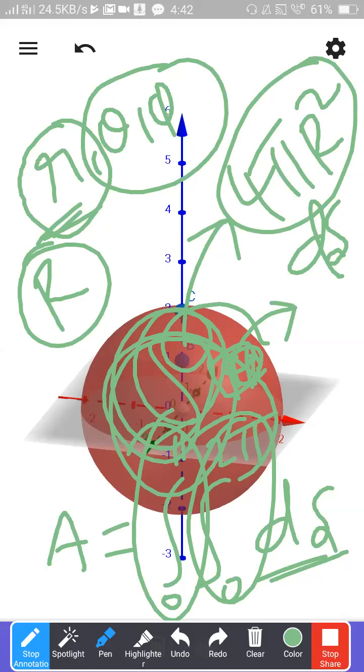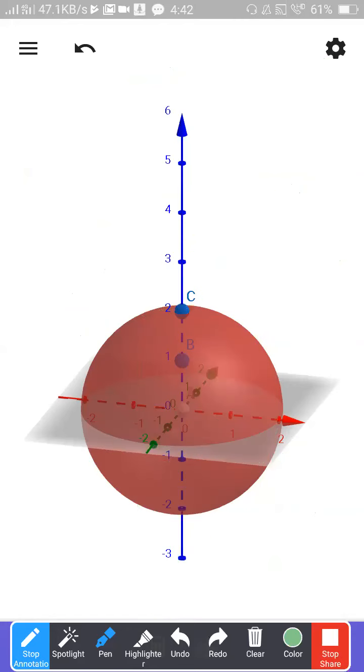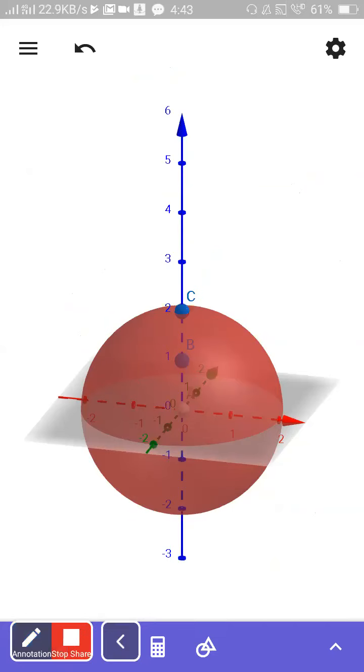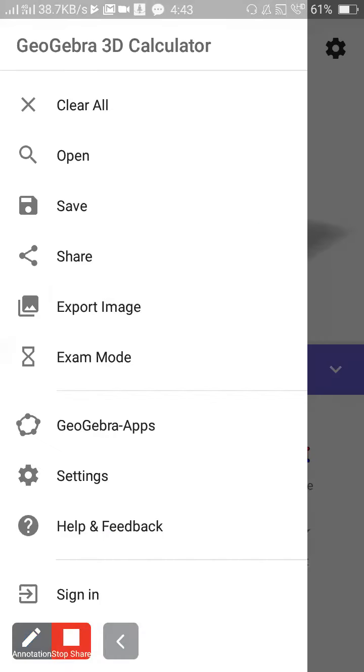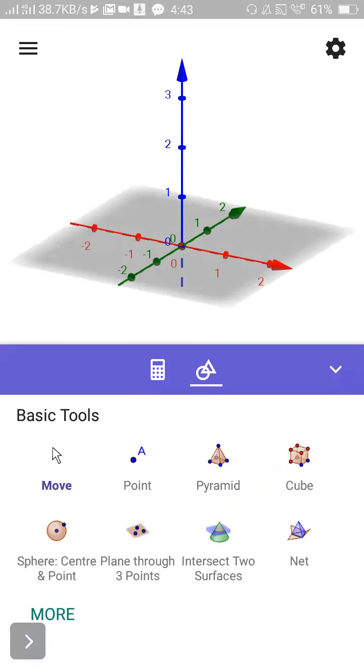4 pi r square. Please try to prove that. Anyway, I will explain what is dz later. You try to prove that the surface area of the sphere is 4 pi r square. Okay. Next, I will go on to explain theta. Please wait a bit. Now I will explain theta.